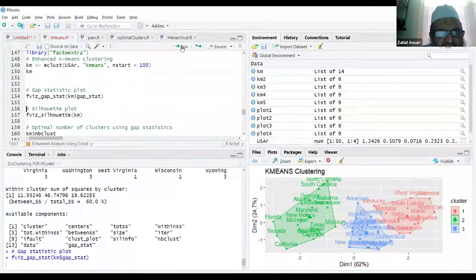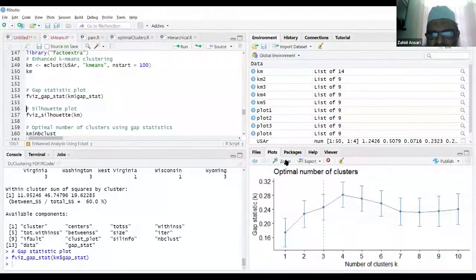If I run this, see what is the output. See, it is telling me this is the gap statistics. Here we are looking for the knee. From this it found out that the number of clusters is 3. So based on certain criteria, it finds that out.